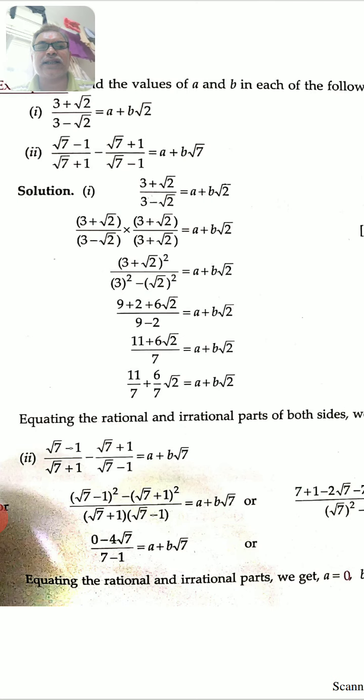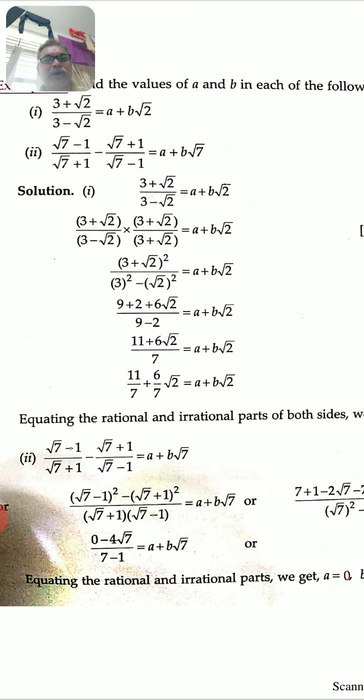So first we have to rationalize the denominator of the left hand side, that is (3 plus root 2) divided by (3 minus root 2). How to rationalize the denominator? We have to apply the identity so that it becomes easy. In the denominator, 3 minus root 2 is there. If we multiply by 3 plus root 2, we can easily use a square minus b square. So multiply 3 plus root 2 in numerator and denominator both so that it doesn't change the value of the given number. So (3 plus root 2) whole square, and in the denominator 3 square minus root 2 square.